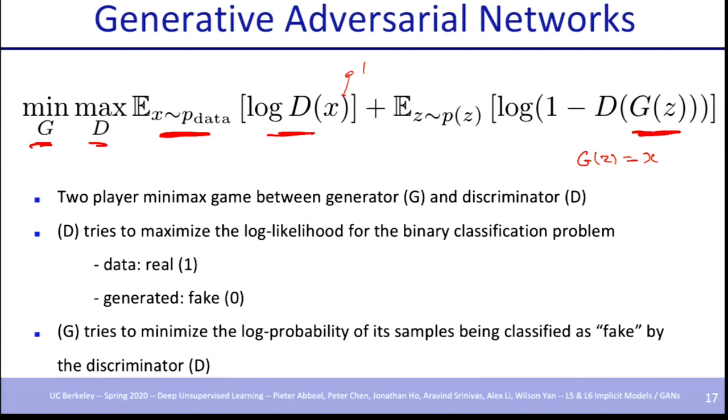So 1 is the highest probability you can assign to something being real. And then here, it's doing the exact opposite. It's saying the discriminator is going to try to drive this to 0, because those are fakes, which if the discriminator drives this to 0, because it's subtracted out, and there's a 1 minus, then actually the whole term will become as large as possible. So the discriminator is effectively trying to be as accurate as possible at assigning zeros to fakes and ones to reals. And it's doing that in a probabilistic way.